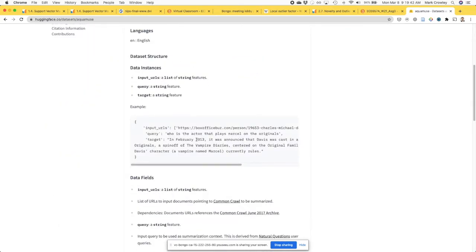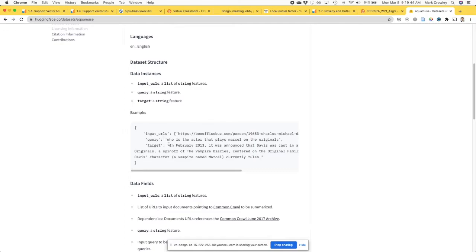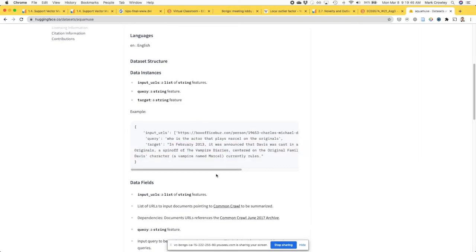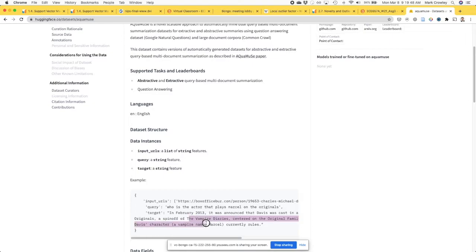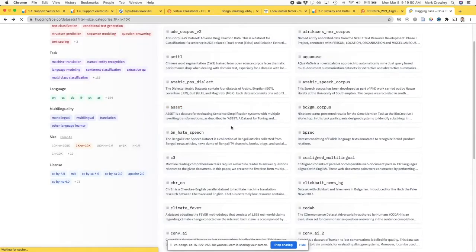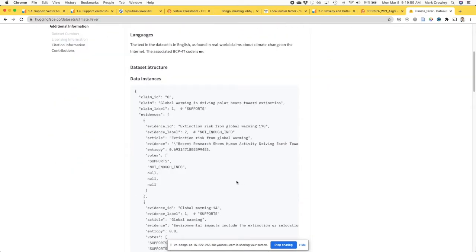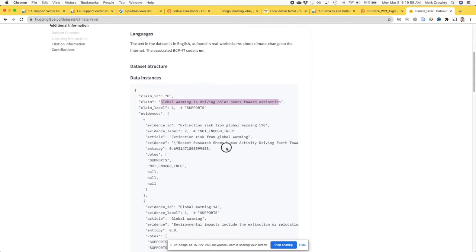Right, so some of them will tell you what the structure is. So this one has these target queries, and what you're looking for are sentences like that. So you want words. In Climate Fever, it has a bunch of these features built into every record. It's got that claim, and then,